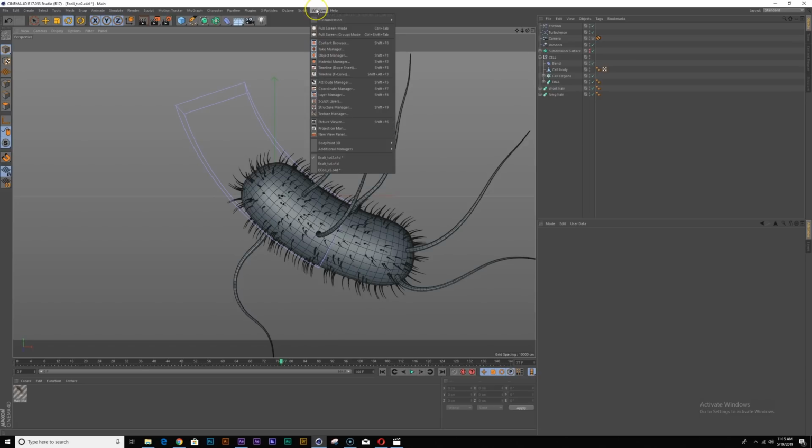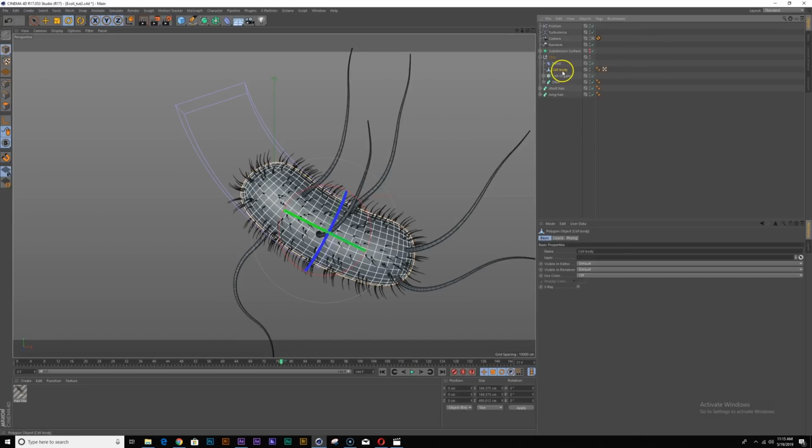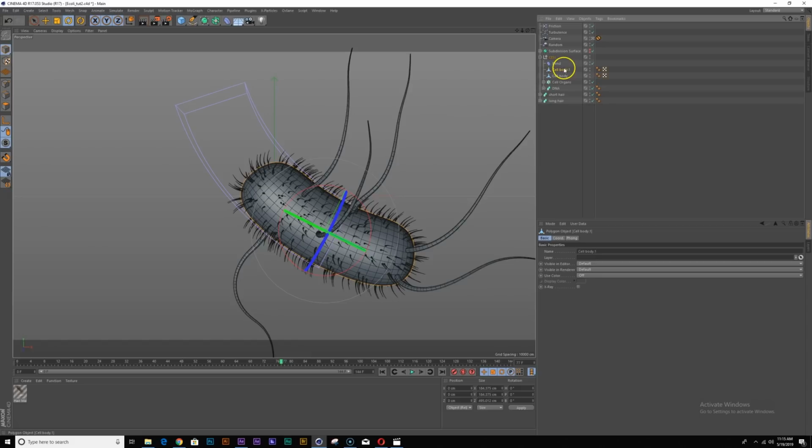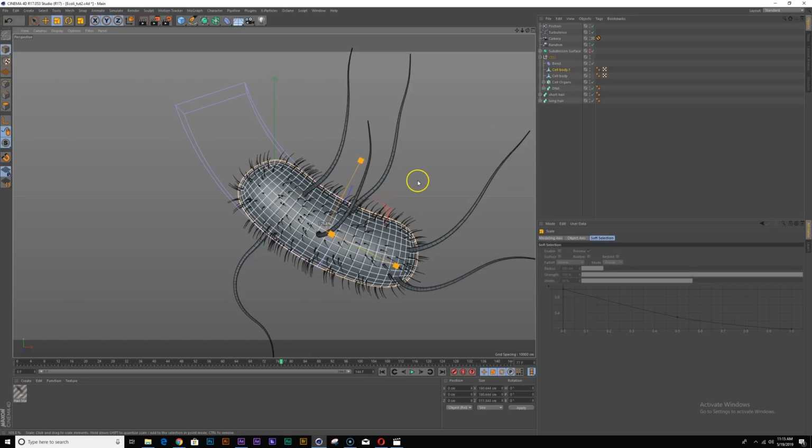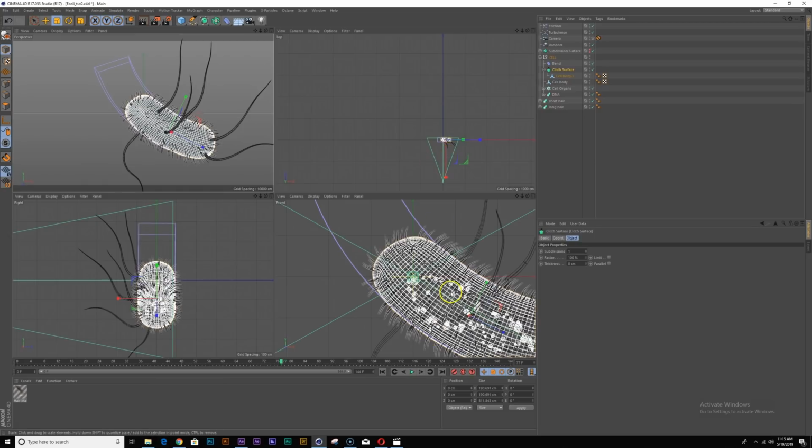So I am going to change my layout. But before I do that, real quick. This is my cell body. I am going to duplicate this guy, make it a little thicker, and add that into a cloth surface.